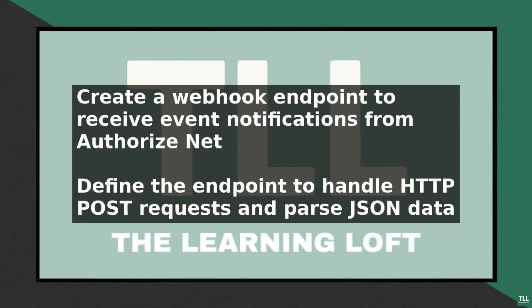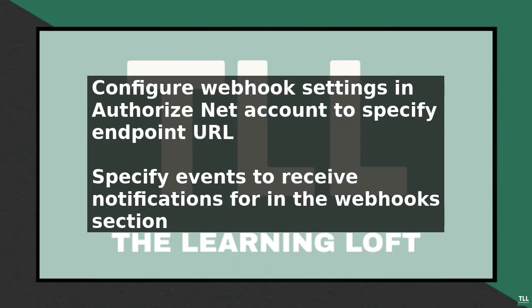First, you need to create a webhook endpoint on your server. This is the URL that Authorize Net will send the event notifications to. The endpoint should be able to handle HTTP POST requests and should be able to parse the JSON data sent